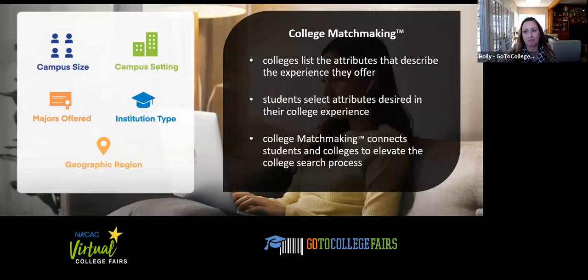And so we let the students know even what those matches look like. We send the students an email that says, I think the title says, the results are in. And inside that email, it says to them, we did the work for you. Here are colleges attending this fair that are a match to the attributes you selected. And we call it best match, and we define it for them, 5 out of 5 attributes match. So that's just to give them a short list of colleges that they definitely want to see.